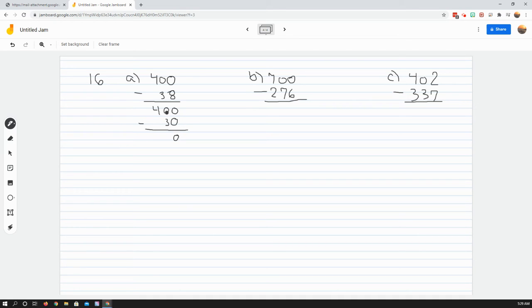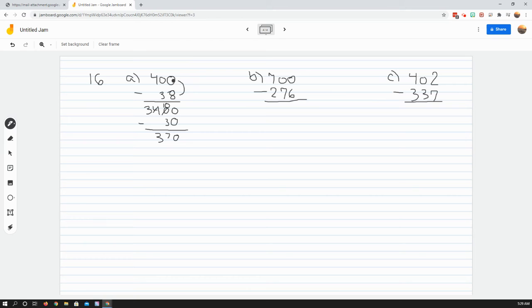Can I subtract 3 from a 0? I don't have enough, so I would have to borrow. This is going to be a 3, and instead of having a 0, I'm going to have a 10. So now that I have 10, I can subtract 3. So if I have 10 and I take away 3, I'm going to be left with how much? I'm going to be left with 7. 3 minus nothing, that's still 3. So far, I have 370, but again, I'm not done because I need to subtract the digits in my ones